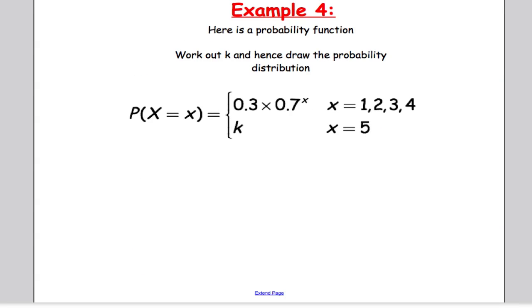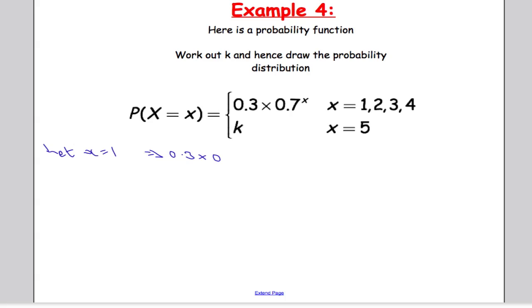Okay, let's have a look at another example here. I've got a probability function, and I need to work out k and hence draw the probability distribution. So when x is 1, 2, 3, 4, I'm going to use this part. When x is 5, I use this part. So let's let x equal 1. When x is 1, we get